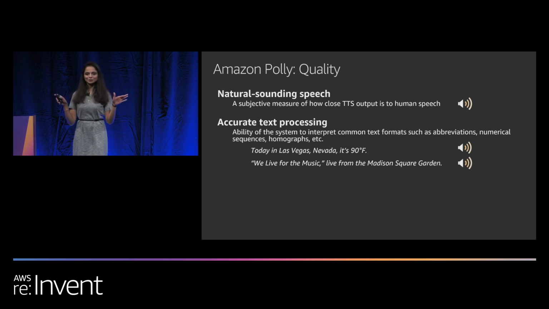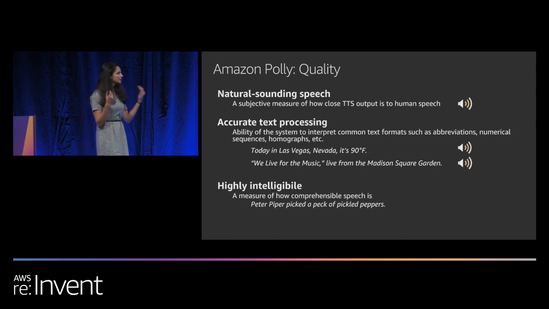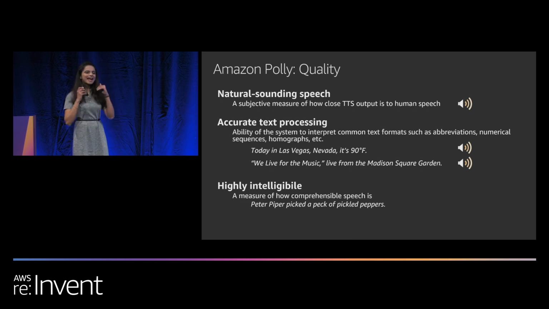I hope you guys are able to hear in your mics this thing. Okay. So that's again, it detects homographs. And the most interesting thing is it's highly intelligible. So you can have Poly enunciate all these tongue twisters as many times as you want. So it will get it right every single time. So you can have all these tongue twisters, and Poly is going to enunciate that.